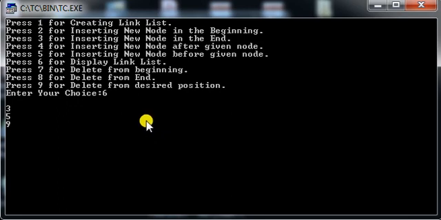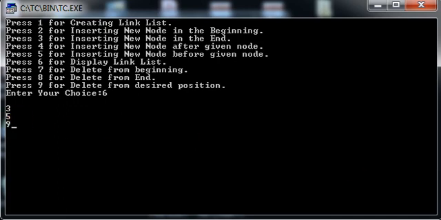Now I would like to remove the element from the desired position, right? In this case we need to provide the position. Initially over here we are having only 3 positions, 1, 2 and 3. In the first position 3 is there, then 5 and 9. So let me remove the element from the second position.